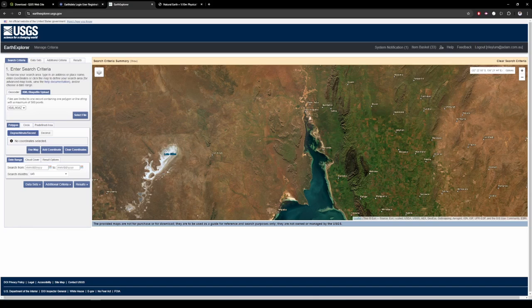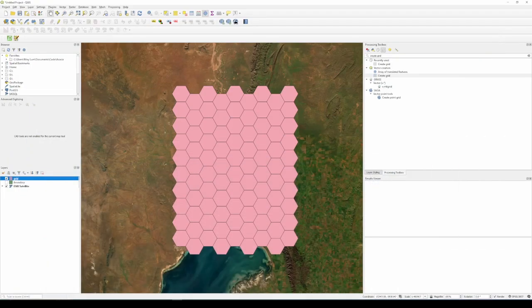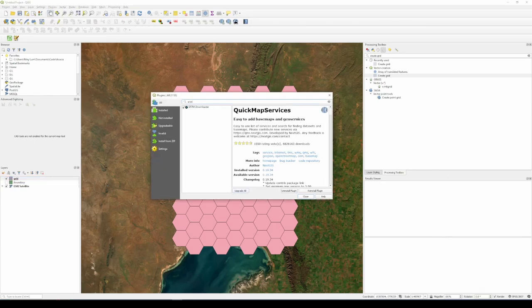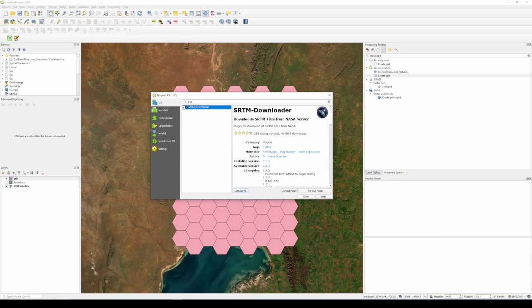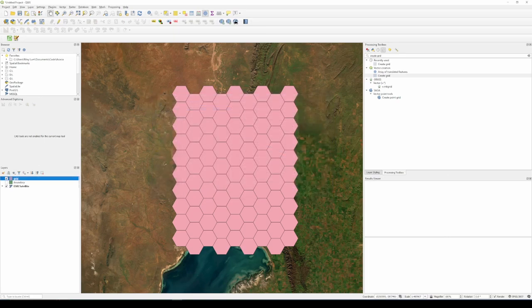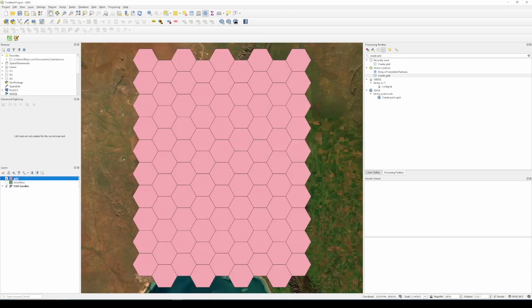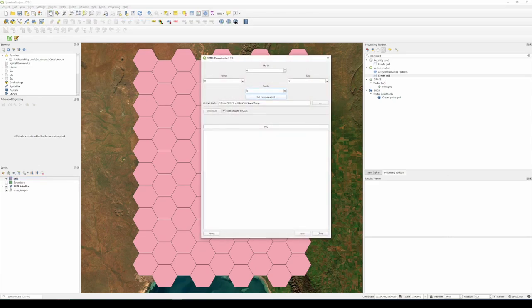Once you're registered for both of those, we can get our elevation data through a plugin, which is pretty handy. We go plugins, manage, and SRTM downloader. This is what we want. Again, install. Firstly, let's right click on our grid and zoom to layer and go plugins, SRTM downloader, SRTM downloader. Let's set canvas extent. A temporary location is fine, but let's check in there because why not? And when we hit download, it's going to prompt us for a username and password. So download,